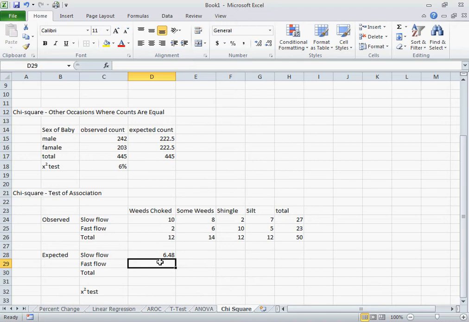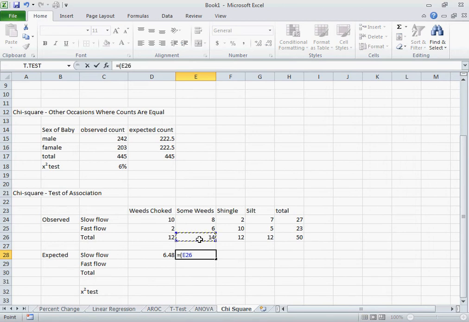Unfortunately, for this type of equation, we cannot move the equation through to the rest of the data points. We need to go through and do each one. Okay, so we have equals times